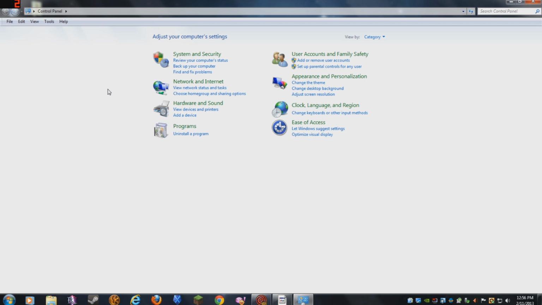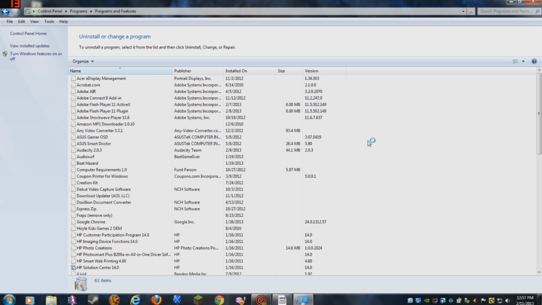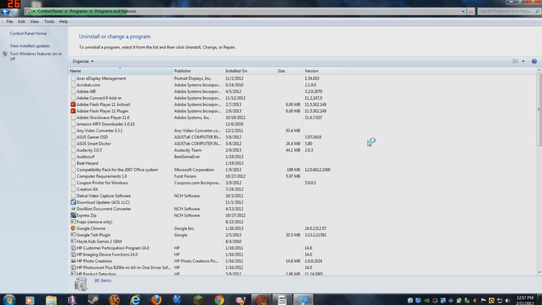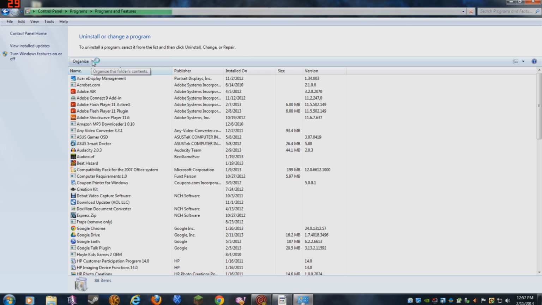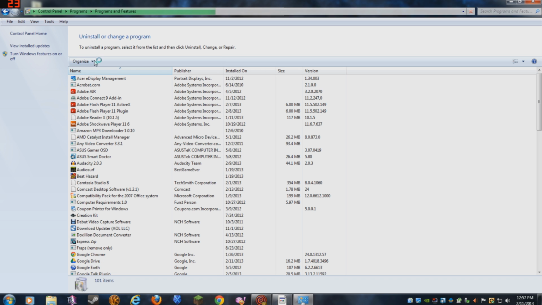Okay, and then from this screen, you're going to go to Programs and uninstall a program. Okay, so you wait for that screen to load. That's going to show you everything that's installed on your computer. There's an Organize button here, right under the Organize button,